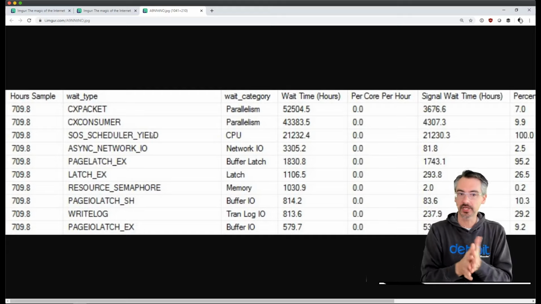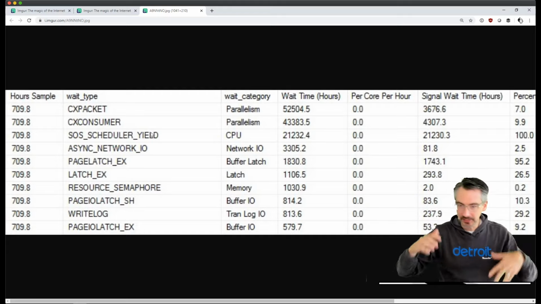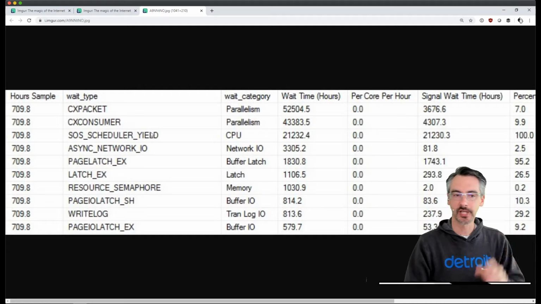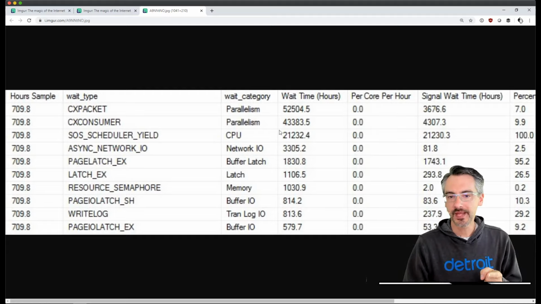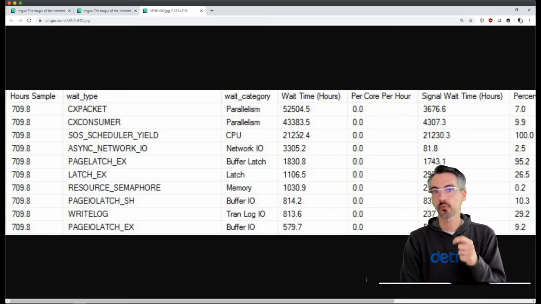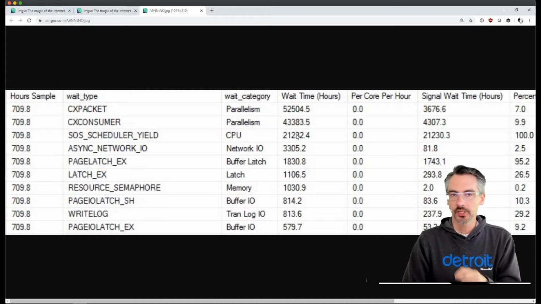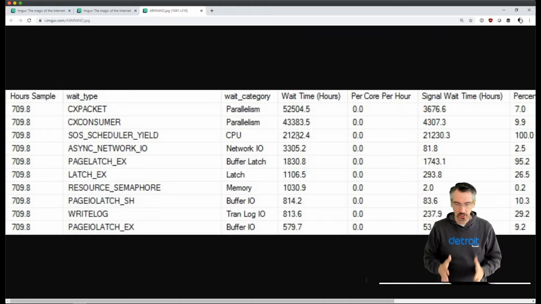In your case, a ton of CPU waits, insane bananas CPU waits. In 700 hours, we've spent 20,000 hours waiting on CPU. So the way that the scheduling works is that a query's task will step on a CPU core.